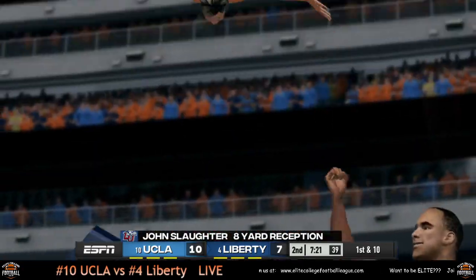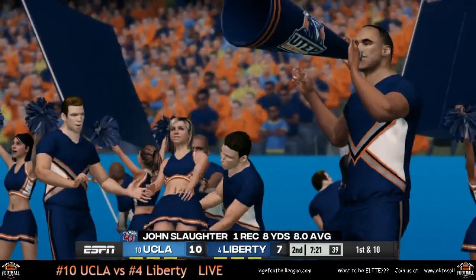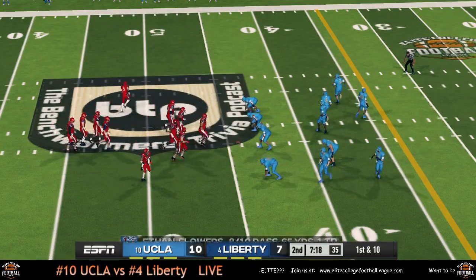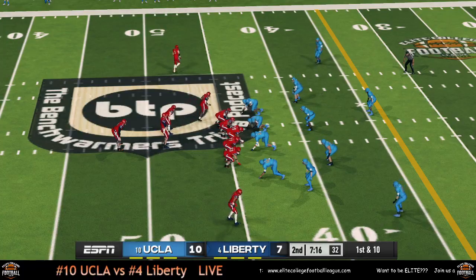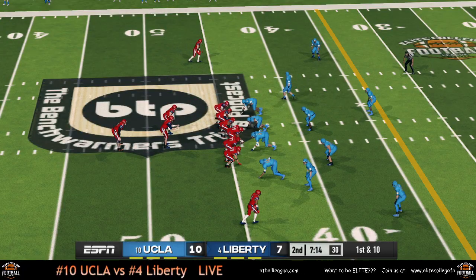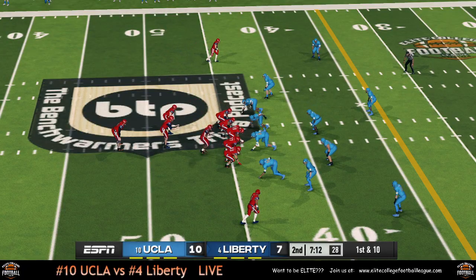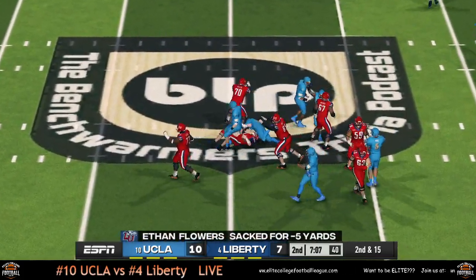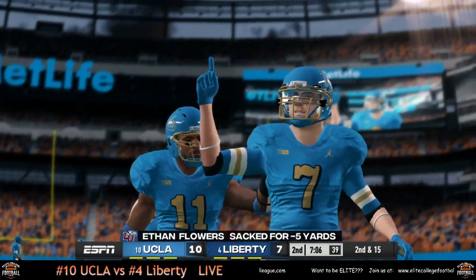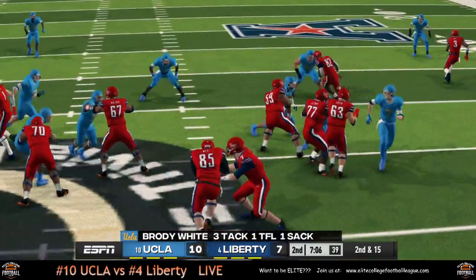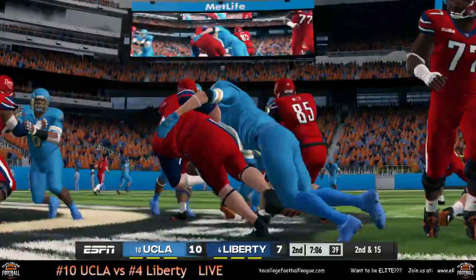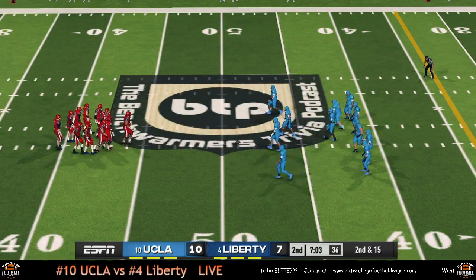He's going to get an 8-yard reception. And Ethan Flowers is going to be sacked on that play by Brody White. Big defensive play by the Bruins right there to bring up 2nd and 15.